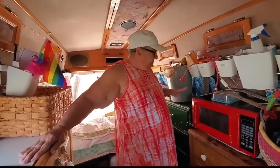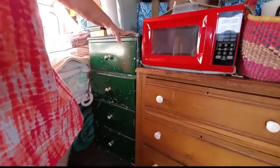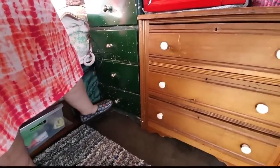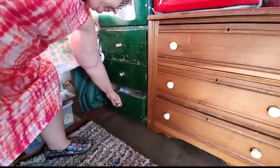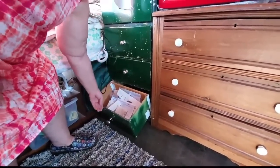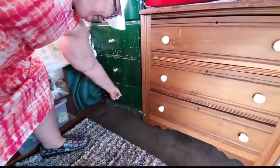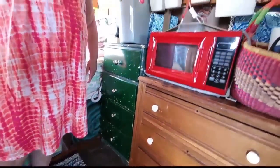Right. And then this was $10 at the Salvation Army. And the bottom, this is where the wheel well is back there. So this little drawer is only a half a drawer. What a clever idea. And I just taped it up. I just duct taped it back together. Very clever. And then I bought this cabinet at the